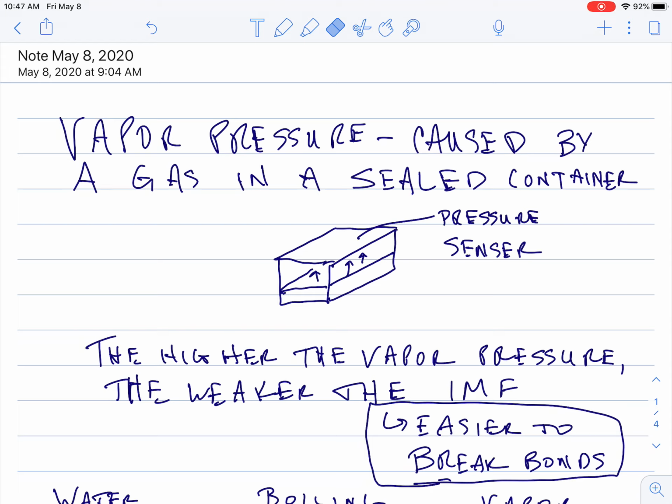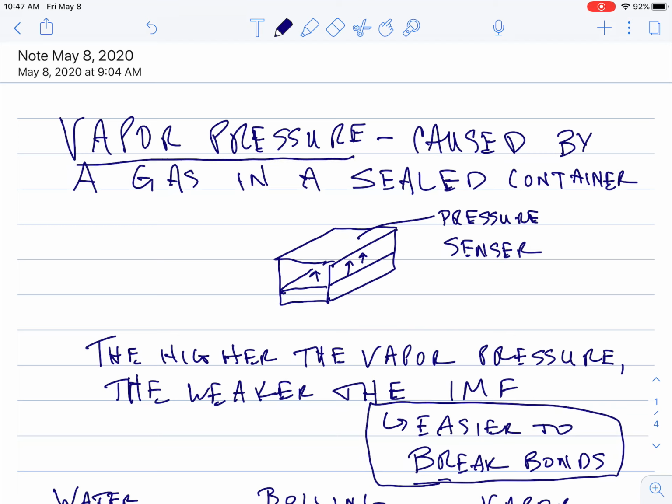When you look at intermolecular forces, that's one of those things we can't measure directly. It isn't like, hey, let's plug the intermolecular force sensor into the LabQuest. So we have to find indirect ways to measure that. One of the things we look at is either vapor pressure or boiling point. So when you look at vapor pressure,